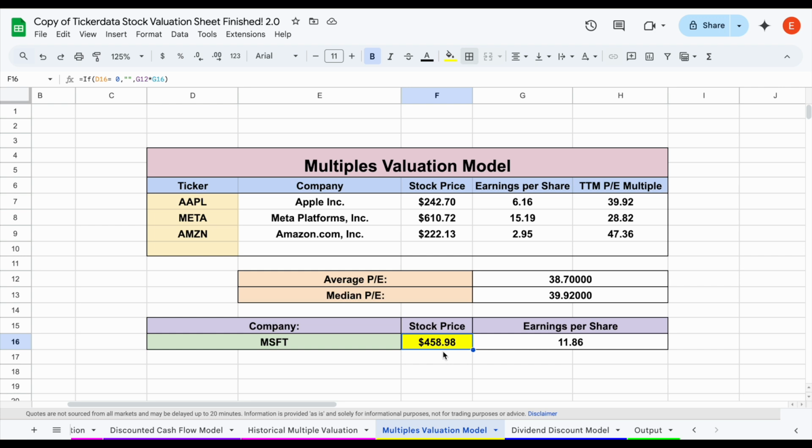Now, in some scenarios, you may get price to earnings multiples that are all over the place. There's a huge standard deviation. Maybe in that sense, it would make more sense to use the median price to earnings multiple. So again, we have to remember valuation is not a science, it is an art. Each stock you look at could be unique in some way. In fact, it'll definitely be unique in some way.